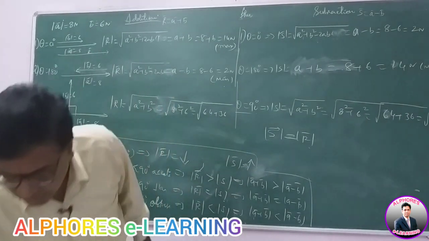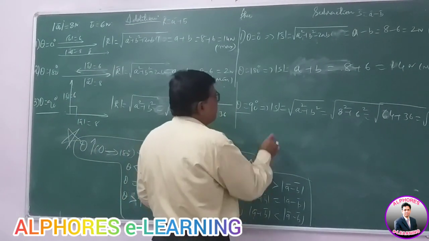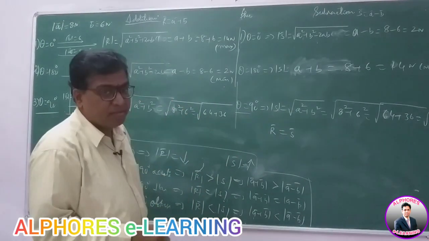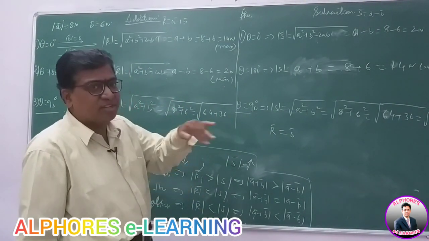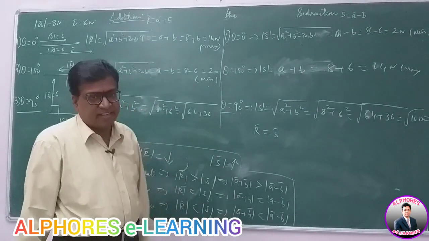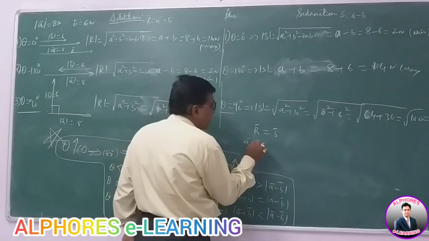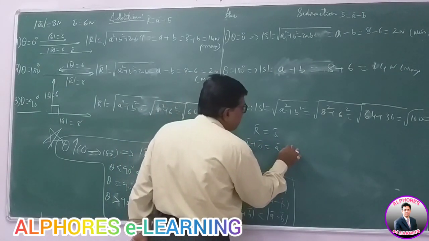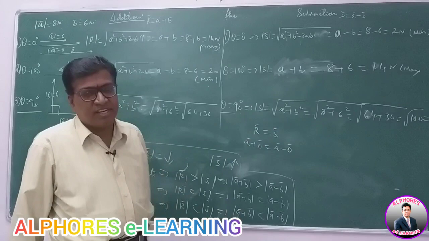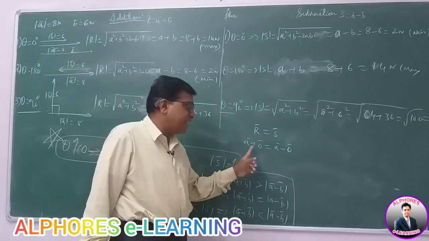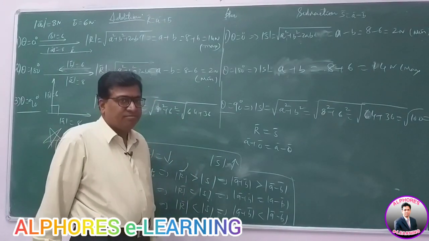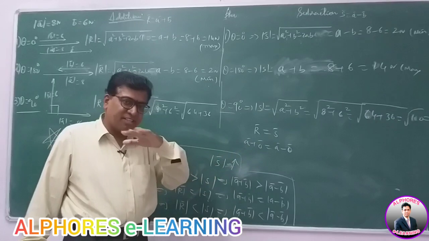Right? I have even asked you a question: can addition resultant and subtraction resultant be equal vectorially, not only in magnitude, but even in direction? Yes, they are equal when the second vector is a null vector. You know, A bar plus 0 bar is A bar minus 0 bar. When 0 is either added or subtracted to any number, the number does not change. Same as in ordinary algebra. Here also, when the zero vector is either added or subtracted, there is no change. This is called the additive identity.